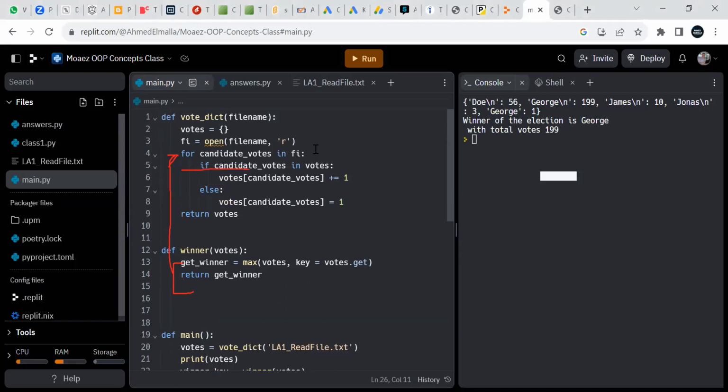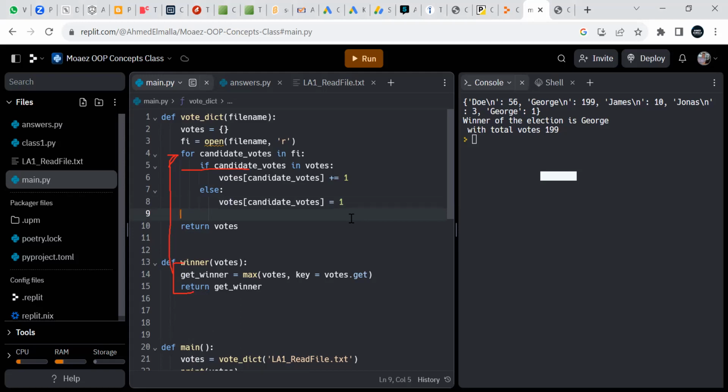Second thing is that when you open a file, you need to close it. So it means that you need to add fi.close, like that. Okay, so this is actually needed.